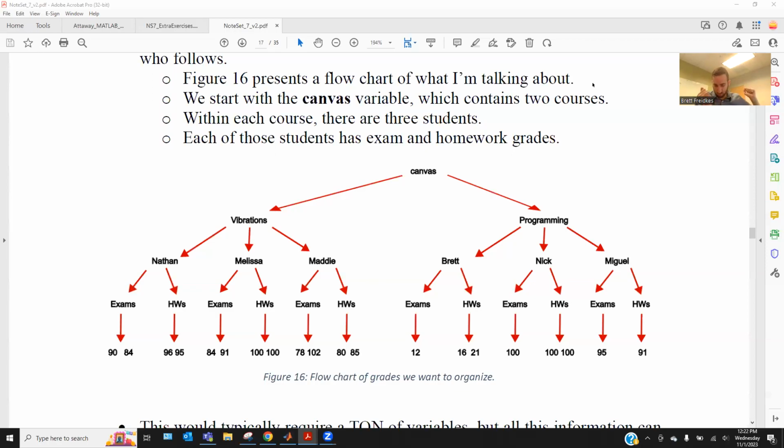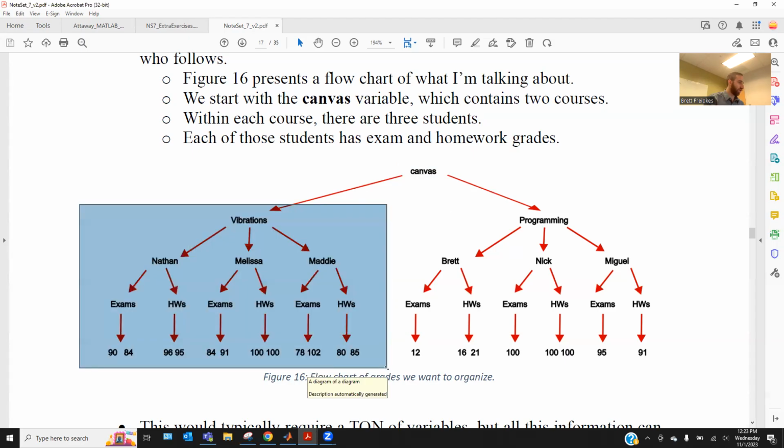Welcome back. So for the second video on dynamic structures, we're going to look at example 6 and note set 7, where basically we're going to create this variable canvas and then use dynamic structures to create this left side of this flow chart. We're not going to do the right side because it gets a little bit more complicated if you try to include this second course. But for our purposes, we're just going to work on this left side